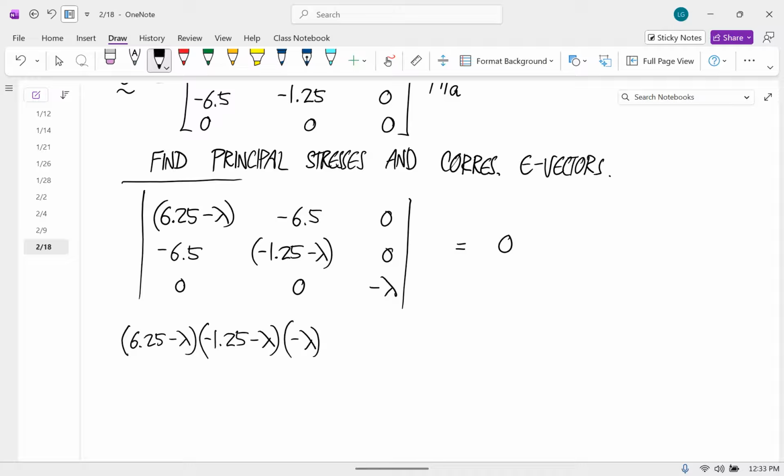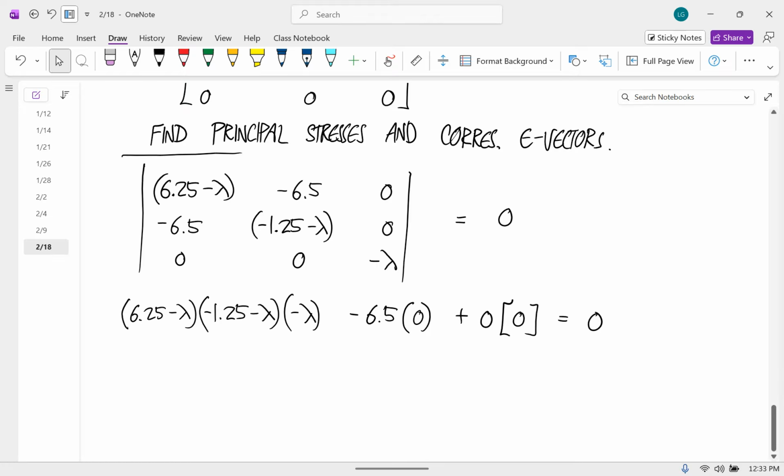And then we have minus 6.5 times 0 minus 0, so that one goes away. And then we have plus 0 times 0, so that one goes away. And all we're left with